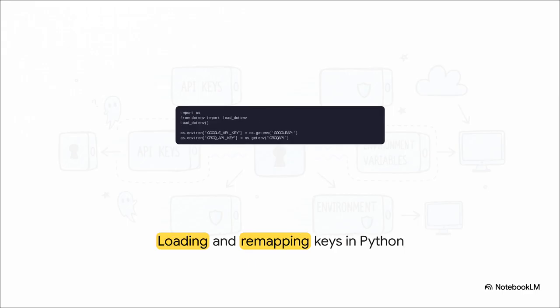Once you've got that file set up, we need to build a translation layer in your Python code. The workflow is super straightforward. We import os, we import load_dotenv, and we run it. Python then automatically hunts down that .env file and pulls those values directly into the current process. But check out what happens next. We use os.getenv to grab your custom name, like GOOGLE_API, and we explicitly map it to os.environ under the very specific name